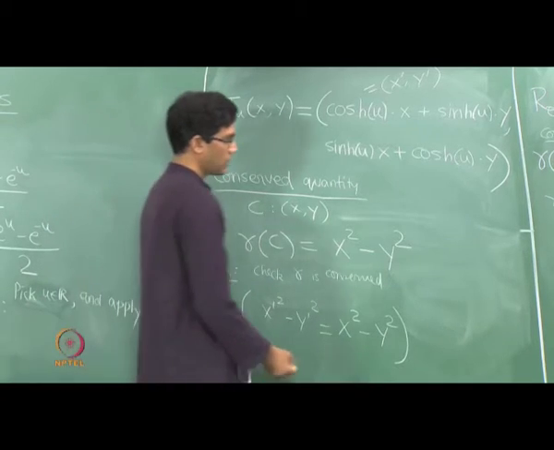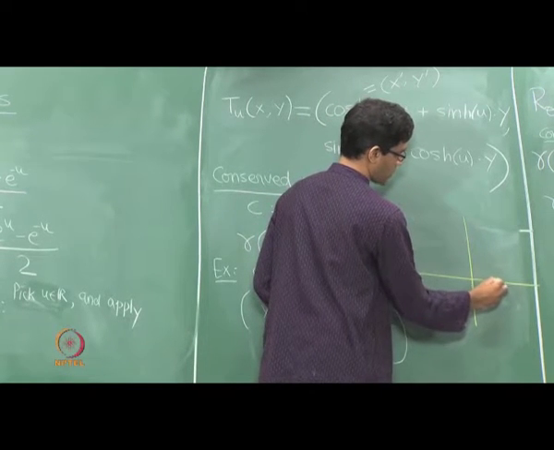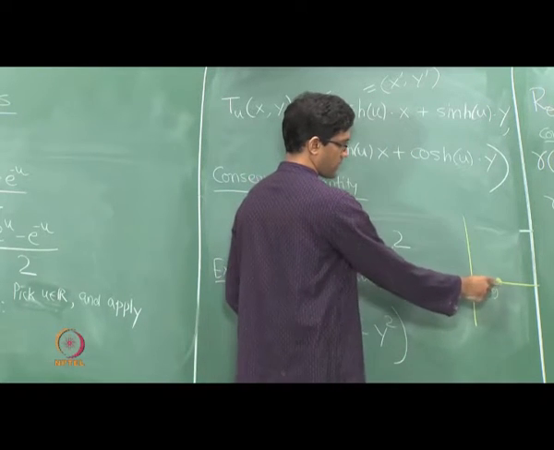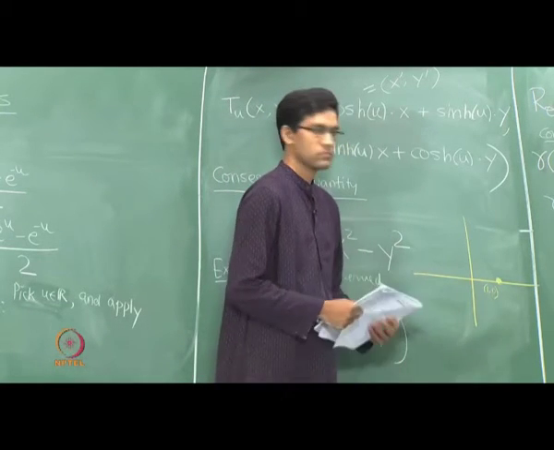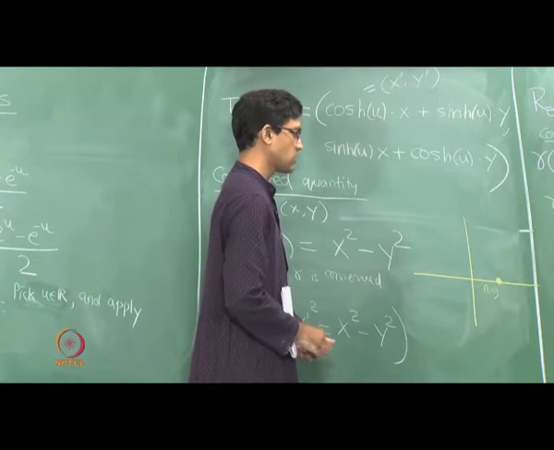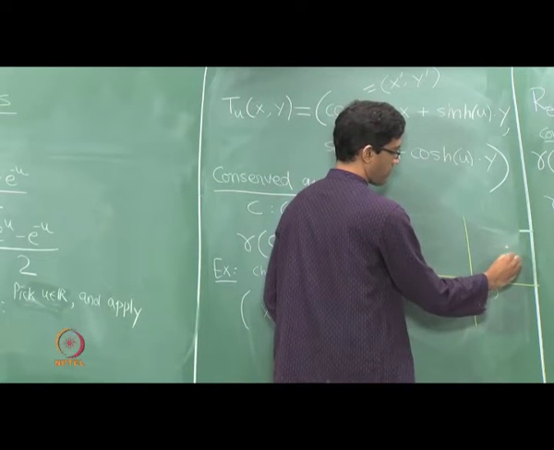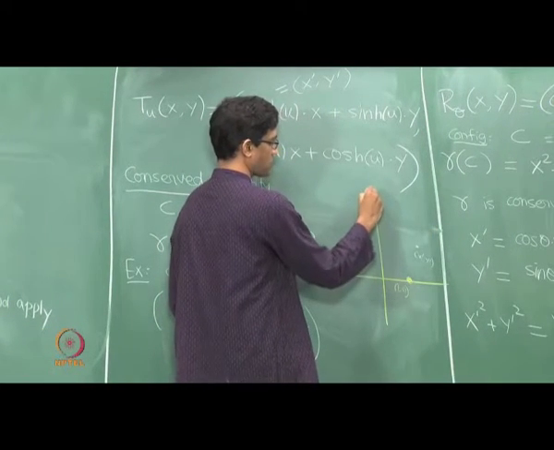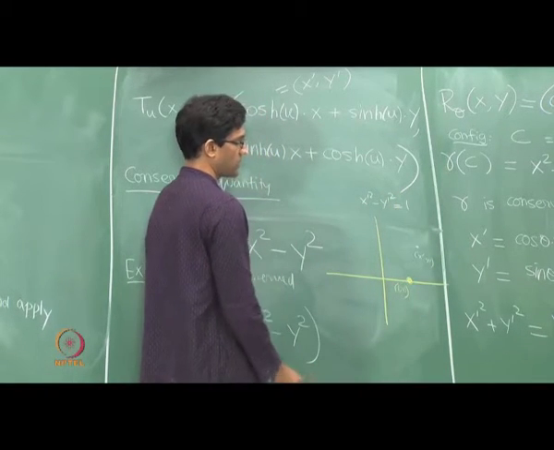Okay, so what does this really mean? It says the following geometrically, that suppose the original system, the initial configuration, suppose you were at the point 1 comma 0, then the gamma function corresponding to your initial configuration is just 1 squared minus 0 squared. Okay, so the gamma function is a 1 in this case, and what it says is as the system evolves the gamma function cannot change. So no matter what your new point is, x prime comma y prime, the difference of the squares had better be a 1. Okay, so x prime squared minus y prime squared in this case must remain a 1 because that's what it was at the initial point of time.